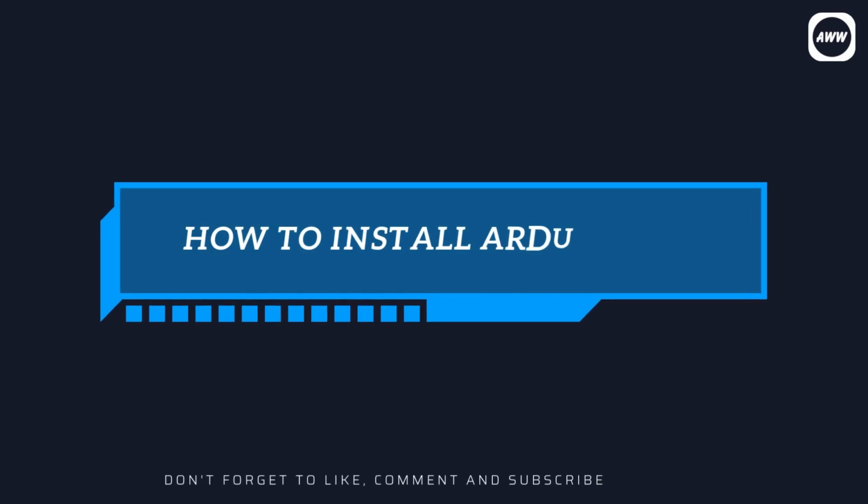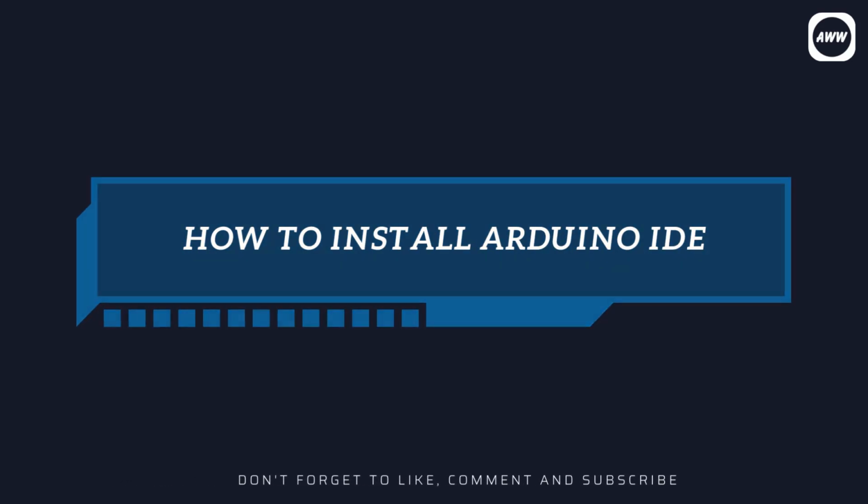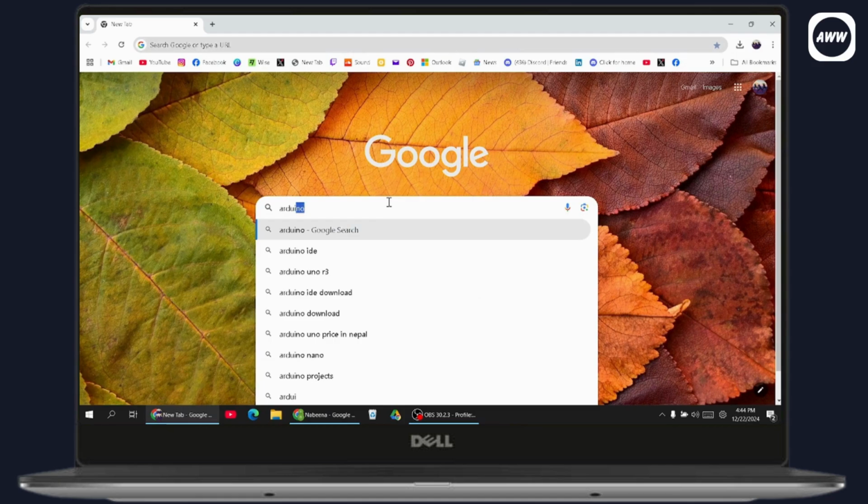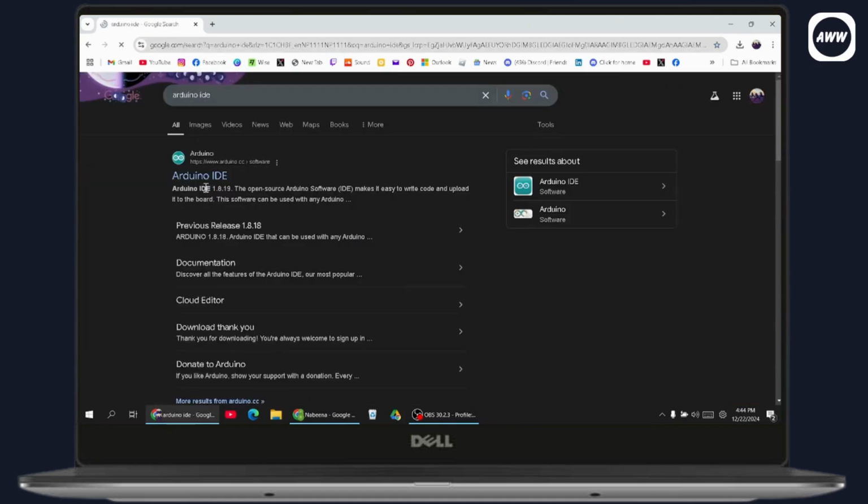How to install Arduino IDE. So if you want to download and install Arduino IDE, then what you need to do is first open up your browser and search for Arduino IDE. Once you've searched, here you will have